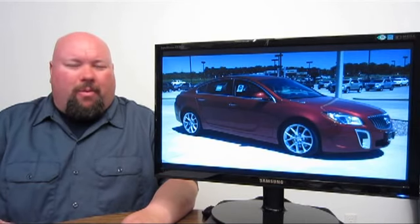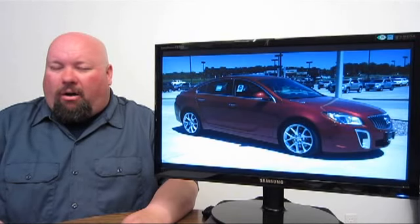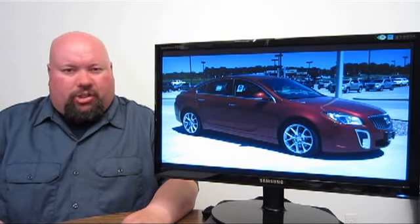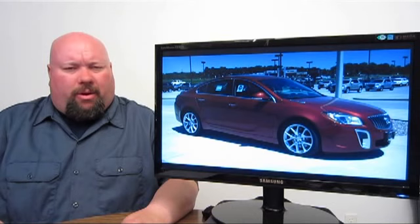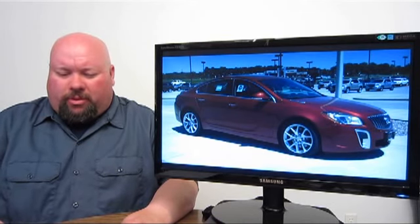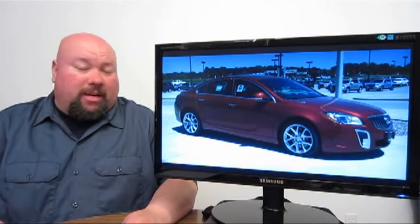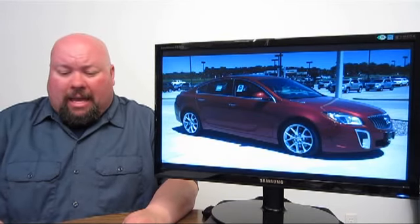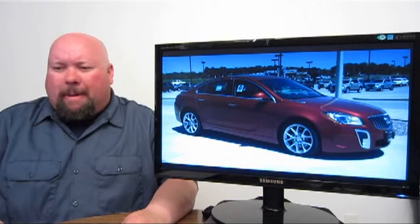Well, huzzah, now we get the good stuff. The all-wheel drive option will be coming in all Regal models, including the GS. Now, the only manual transmission option will obviously be the GS, and sadly, we're going to lose a little bit of horsepower. The 270 brake horsepower that you got from the 2-liter Turbo 4 is now going down to 259 brake horsepower,